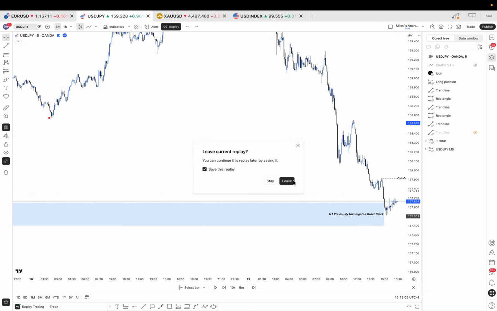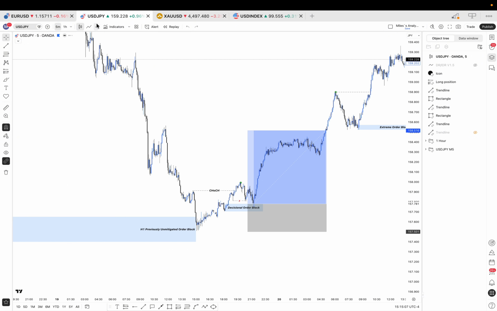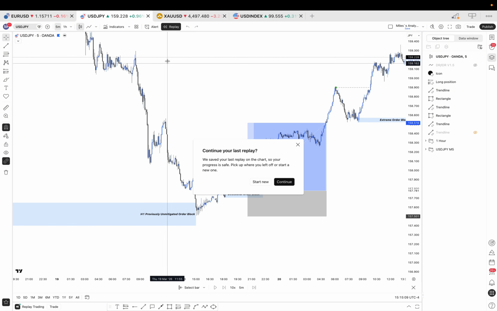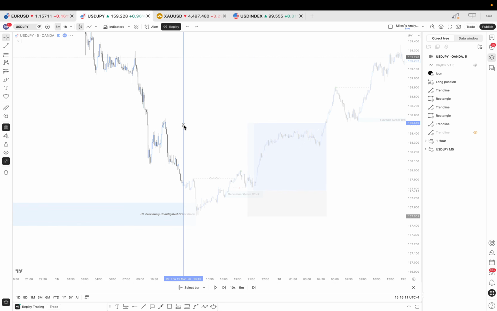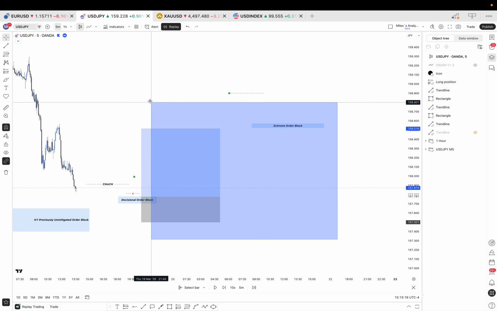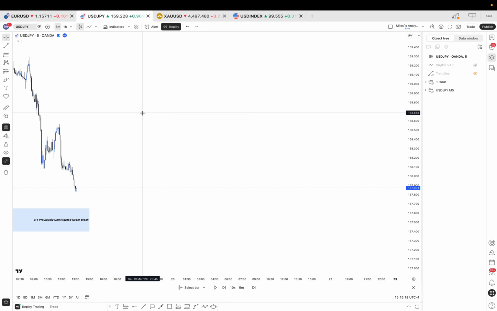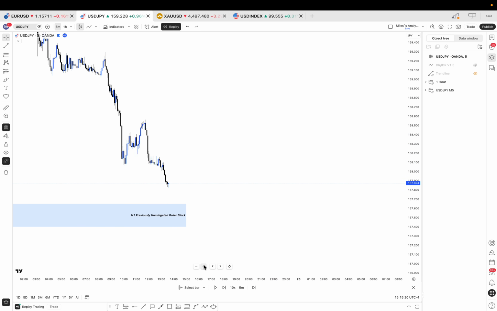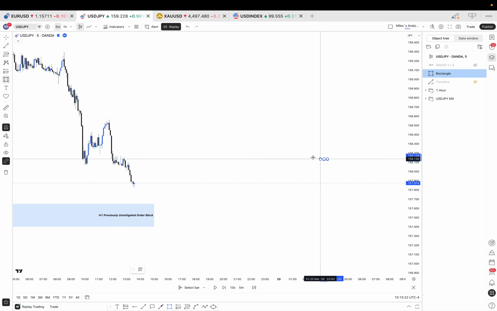So price was in a bearish market, as you can see, and then it was heading towards an unmitigated point of interest on the 1 hour time frame, but I was monitoring price on the 5 minute time frame. Usually when you see something like this, when there's a point of interest in the market and price is going towards it,